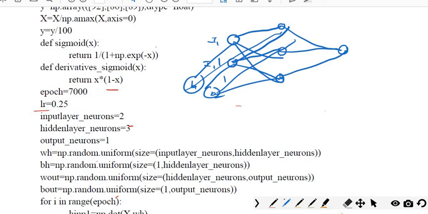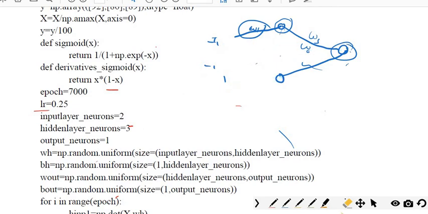Each of these inputs will have some weights: W1, W2, W3 like this. All of these have some weights, and here W5, W6. It goes up till the output. What happens here is, it will take the input from this node and multiply it with the weight, and that becomes the value of the hidden node. Everywhere it is connected, it will take that input along with that weight and bias value, and that becomes the value for the hidden node. Again the hidden node will take that as the input, the weight will be multiplied, and that becomes the value for your output. It goes like this. So here, I will remove it for a better representation.